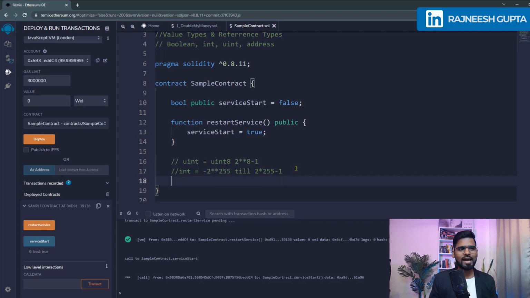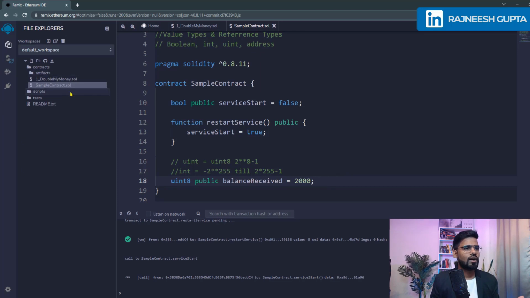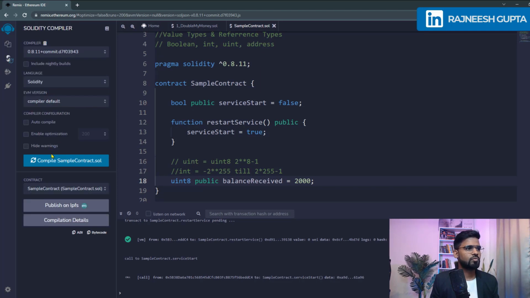So I hope you get the idea. You can of course create a signed integer to take a balance. Maybe let's say you want to create a signed integer for 8-bit, and that's where you can make it public, and you can say balance received, and you can specify a number, maybe 2000 or something. So that would store that much of a value. So if you go and compile it again,